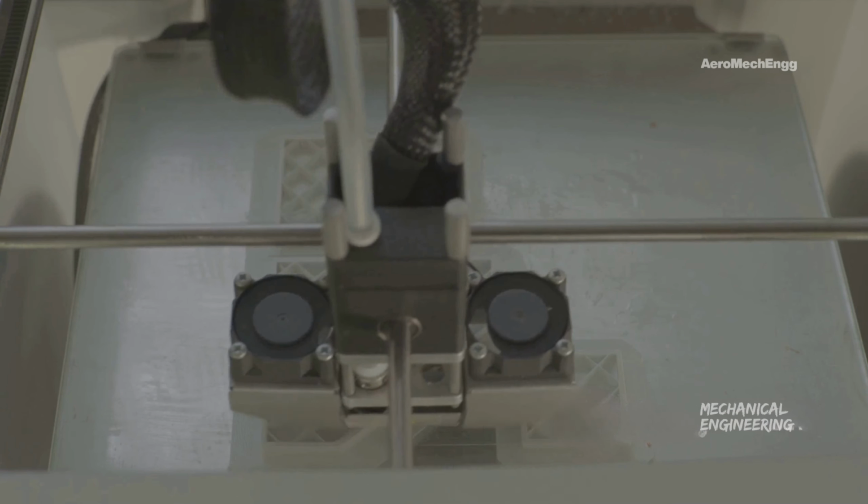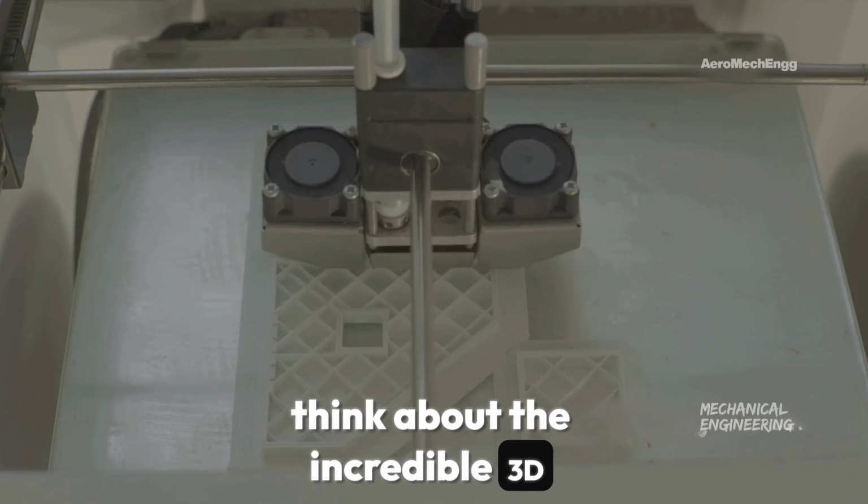So next time you get on a plane or watch a rocket launch, think about the incredible 3D printed parts